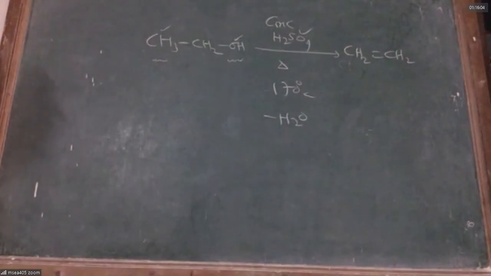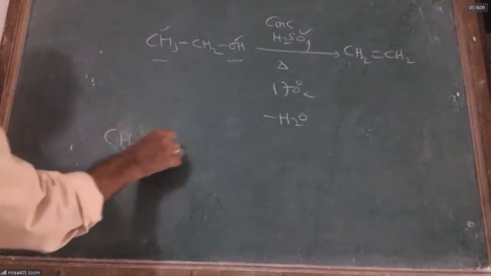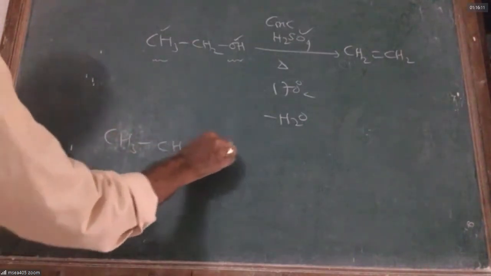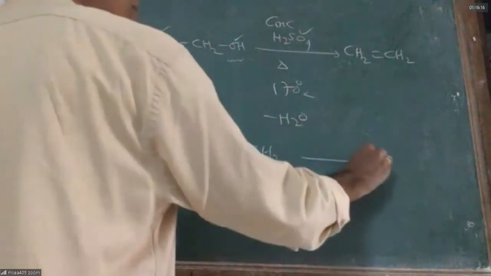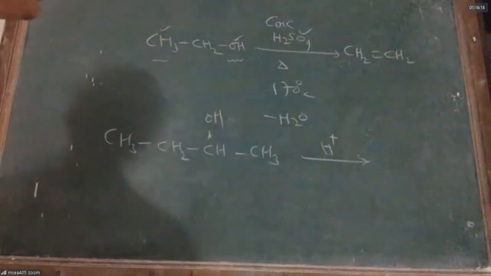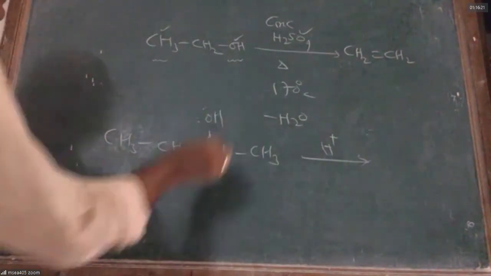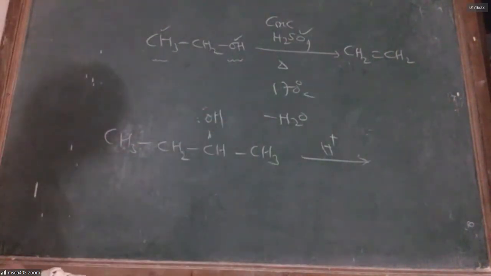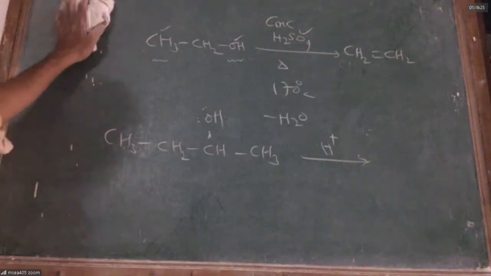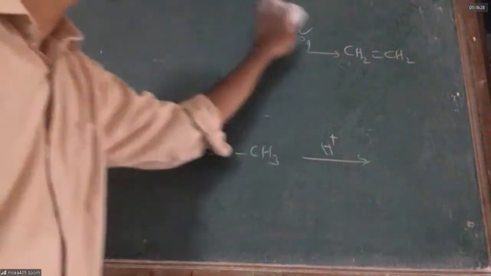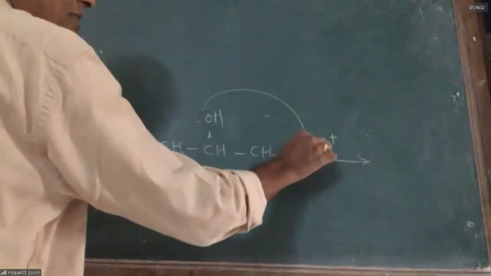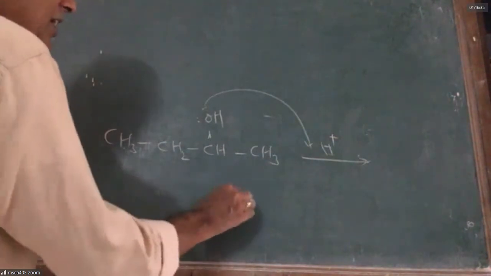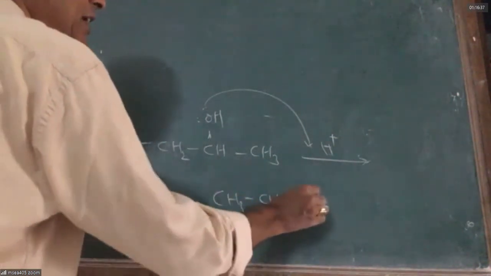You will be wondering, sir, how this reaction happens. Well, if I am taking, say, 2-butanol for a chain, I am adding acid. Acid is one who gives H plus. Whenever the acid gives H plus, it has no electrons. So the OH group of alcohol will melt. Oh my dear H plus, you have no electrons, come on, I will give you. So urgently, the OH group is protonated.